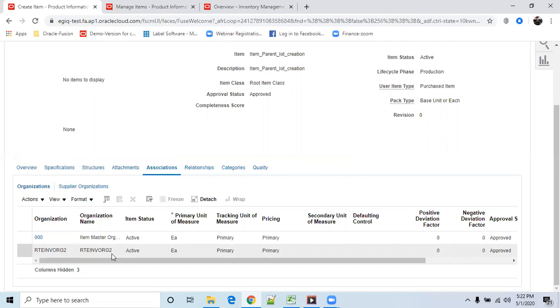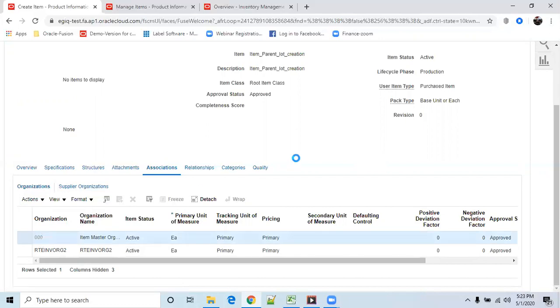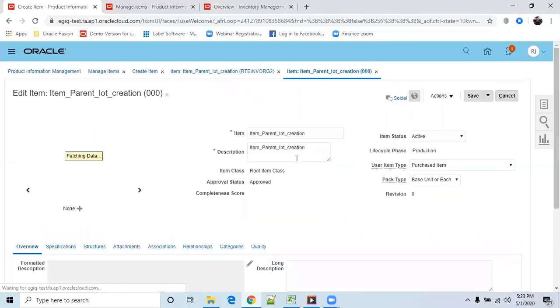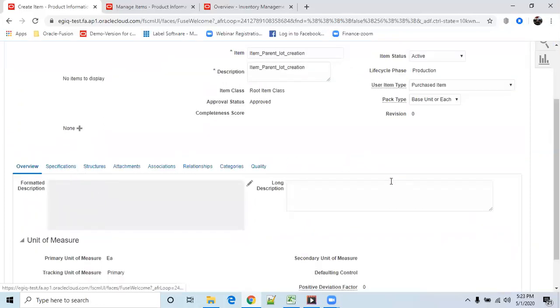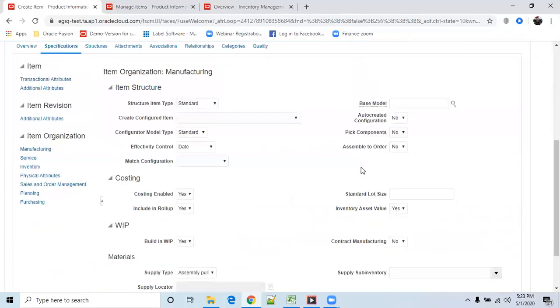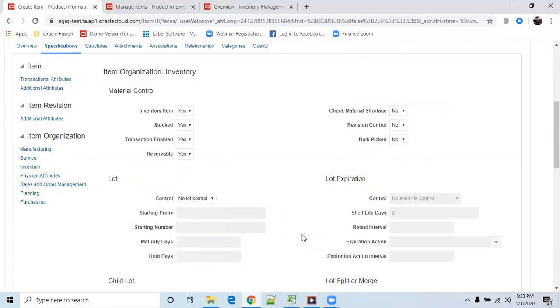If you don't want that, and you want to set control methods with respect to the inventory org, we can change it in the configuration. Hope you are understanding, right? Yes, Ram. So now I went to master org, go to specifications. Inventory lot control is controlled by the inventory method. So here you have to take this lot as full lot control.